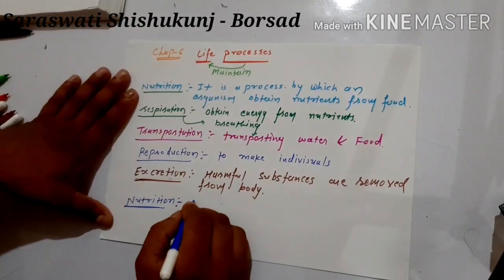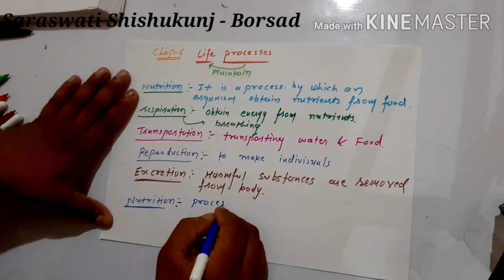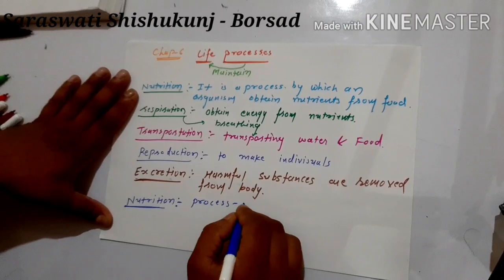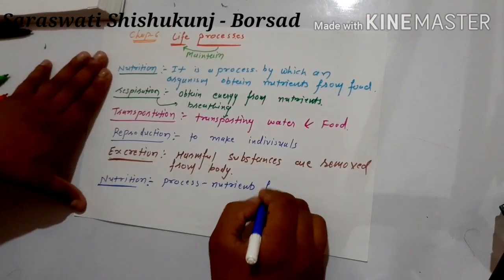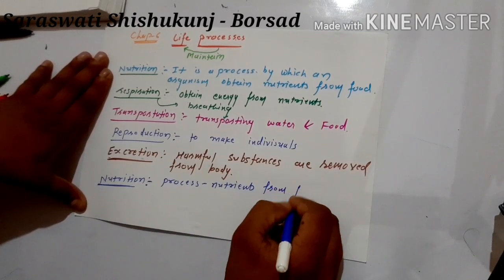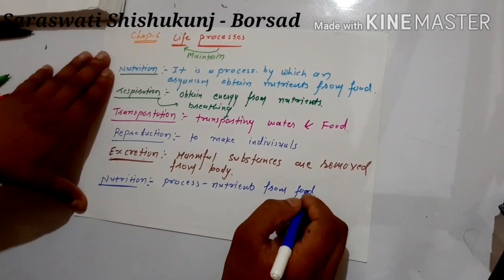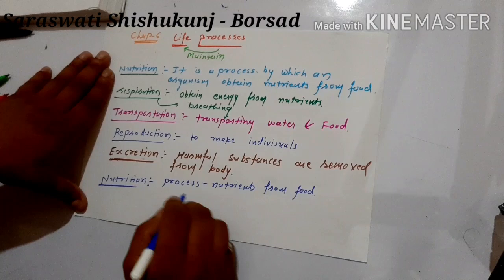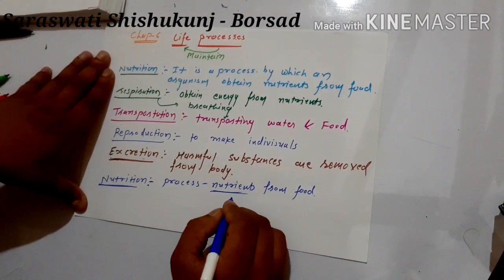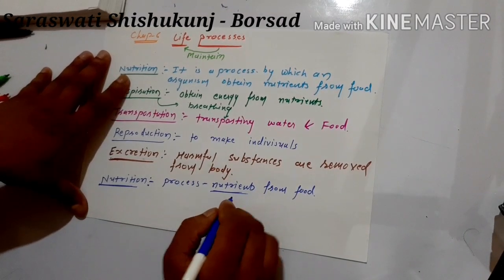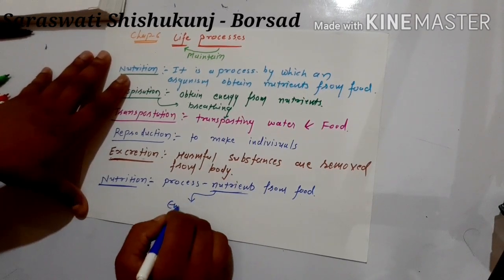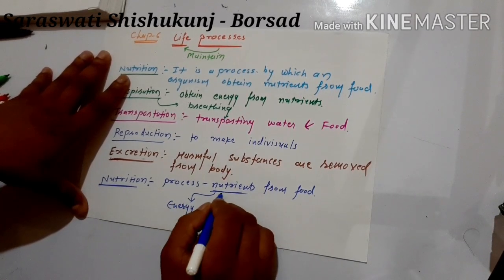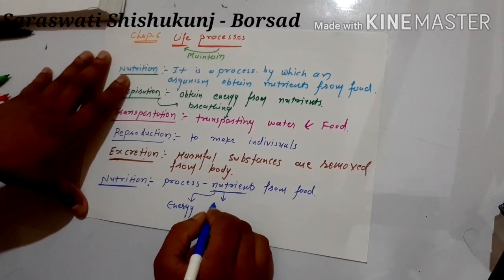Nutrition is the process by which we obtain nutrients from food. These nutrients, for what are these nutrients used? These nutrients are used for energy, to obtain energy. It's also used for